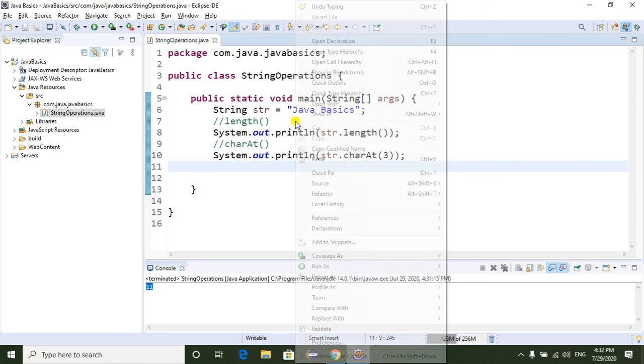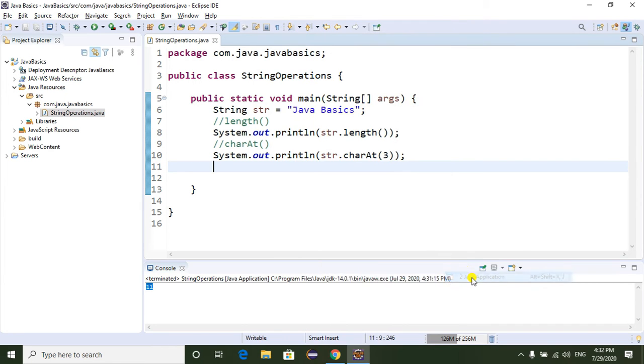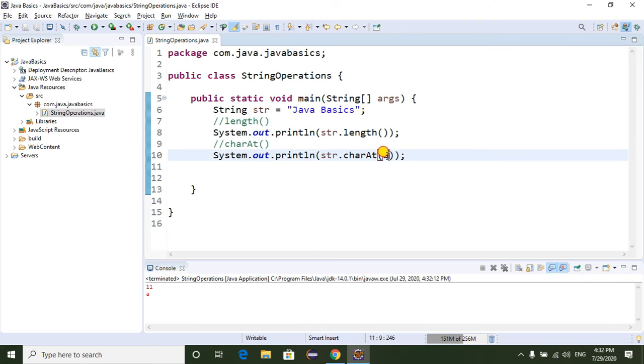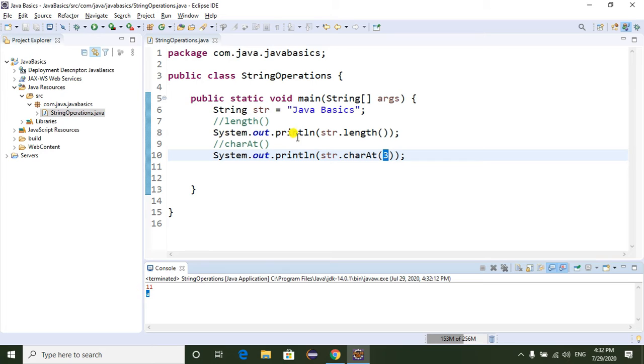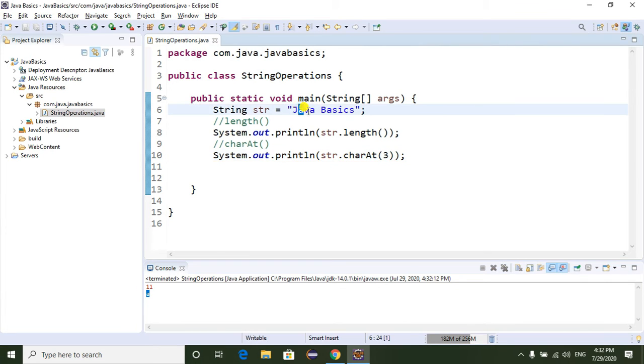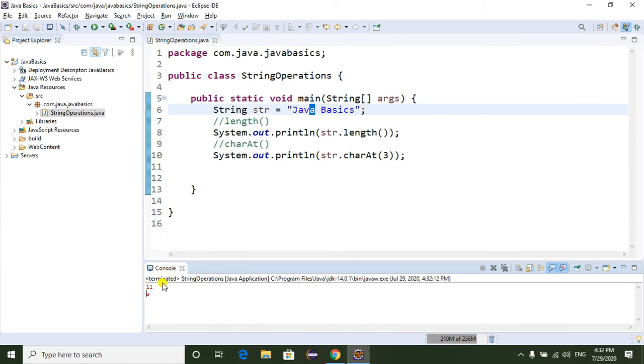Now I am going to run the program, run as Java application. It will return the character at the third index of the string. So it returns a. If you count 0, 1, 2, 3, at the third position a is there. So that's why it returns a.